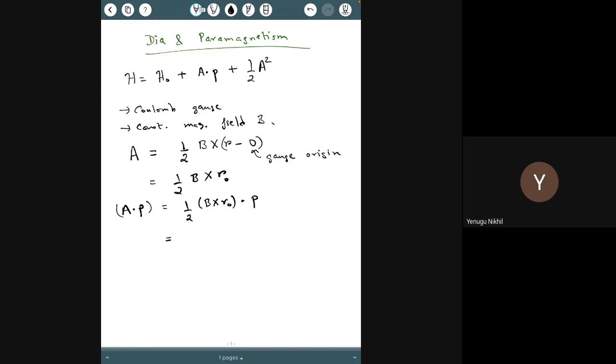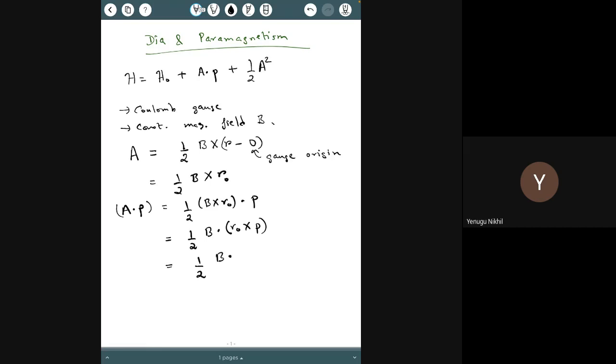Here you can cycle the quantities and they are still the same. So I can write this as half B dot R0 cross P, and R0 cross P